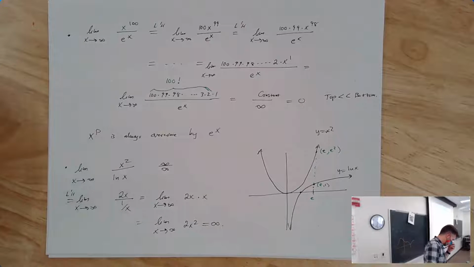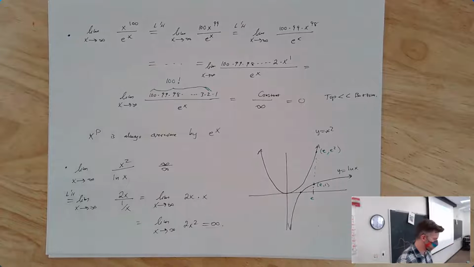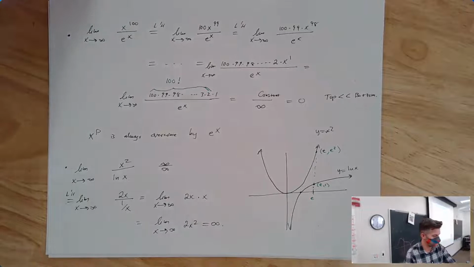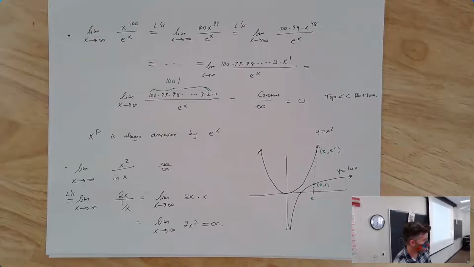I will preface this next part with: most of the L'Hopital's rule limits you probably encounter in this particular class are limits as x goes to infinity. Most of the time in this class, we're interested in the long-term behavior of some population versus some other population, growth-wise. So that's often why you're taking limits to infinity. Especially in 17C, with a predator-prey situation, when you ask about the long-term stability of the predator and prey populations, you take the limit as time goes to infinity and see what your result is.